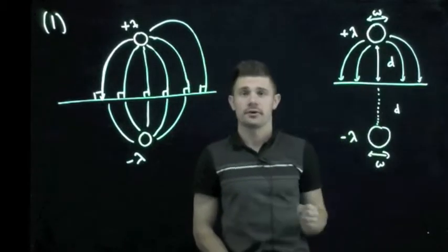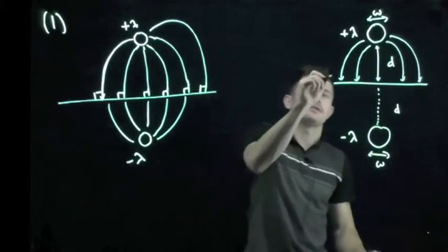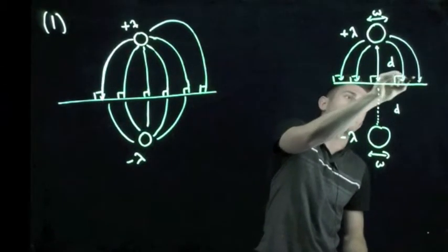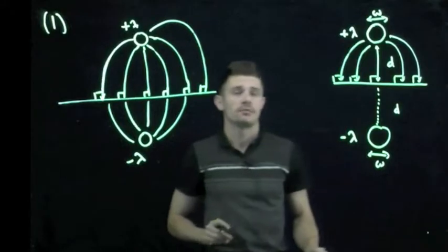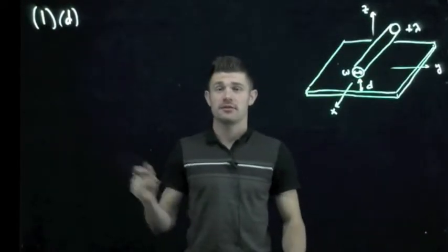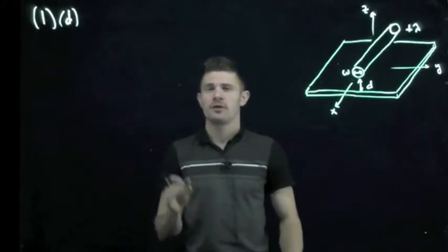We don't really know what's going on below that conducting plane, and the conditions are that this electric field must be perpendicular at all places on that conducting plane. So that was parts A through C of question 1, and I kind of went through it quickly because we've